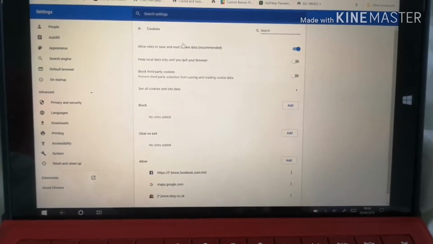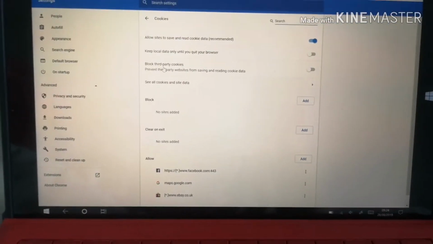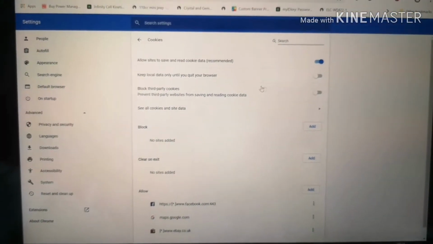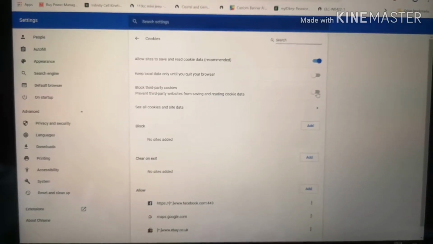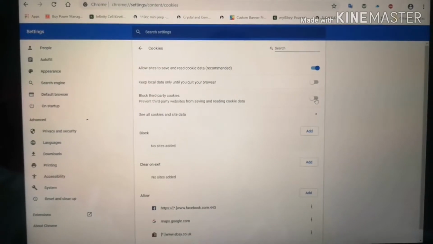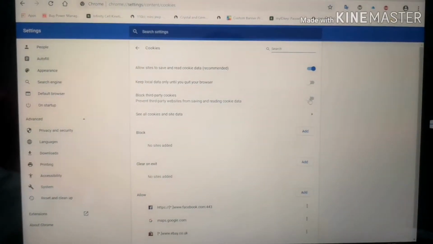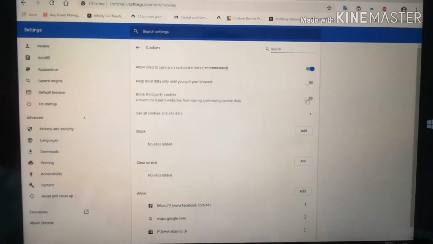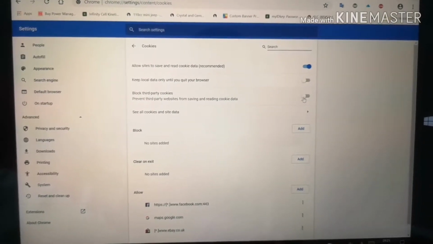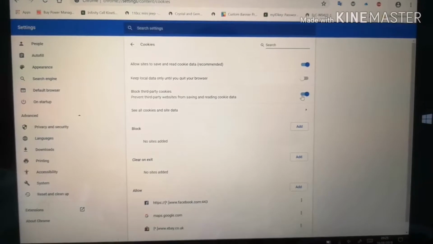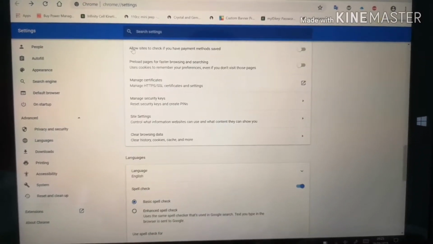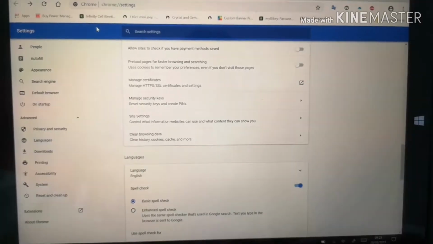As you can see, it says block third-party cookies right there. At the moment mine is unblocked. The reason is so that I can do my art channel. If you keep seeing the Google sign in, you have to unblock this one. I'll show you. If I click on this one and turn it on, this is what's going to happen. We'll just go back to my channel,